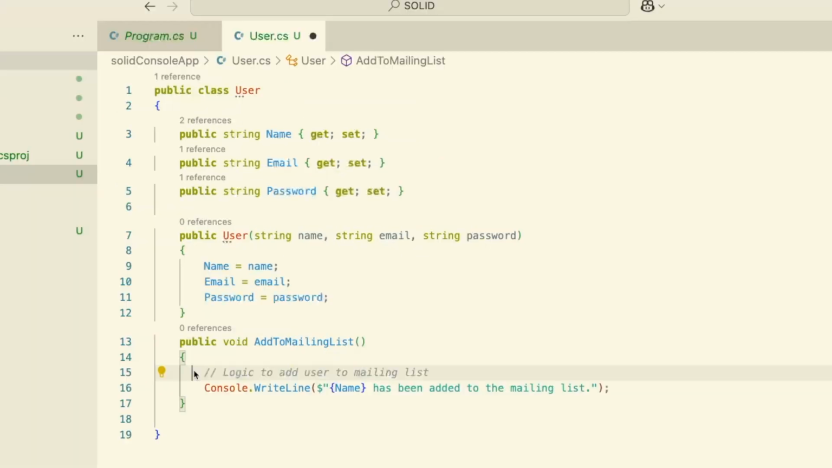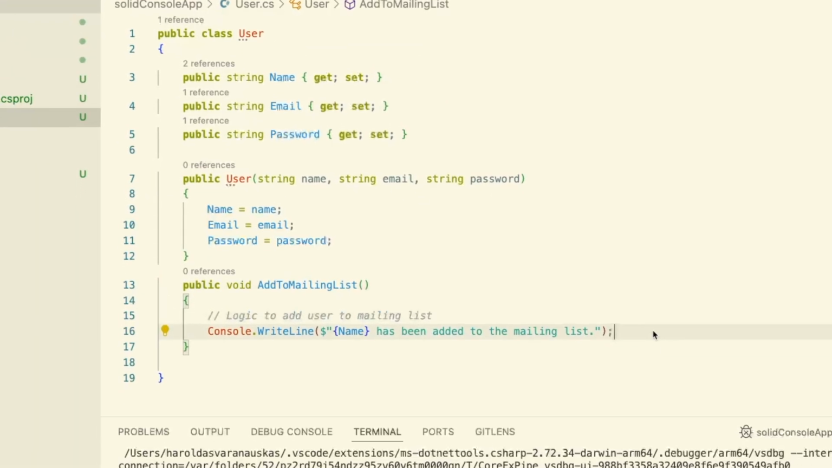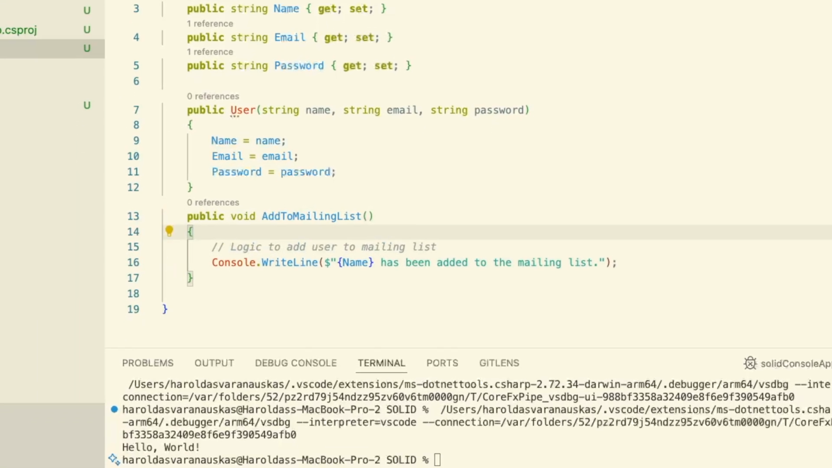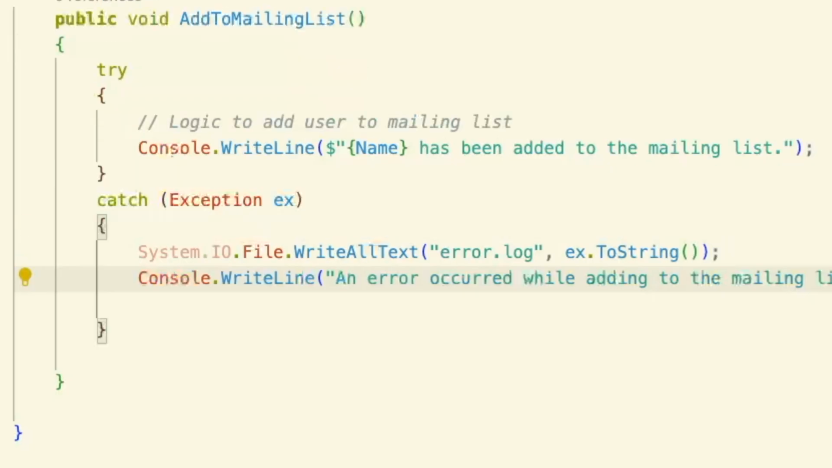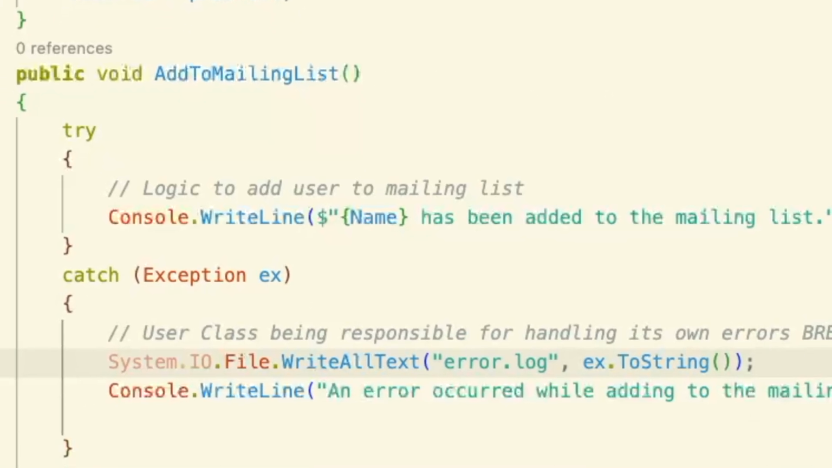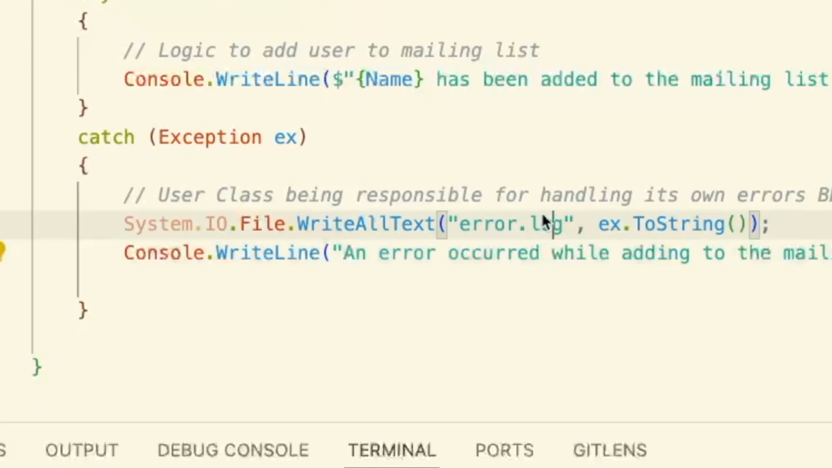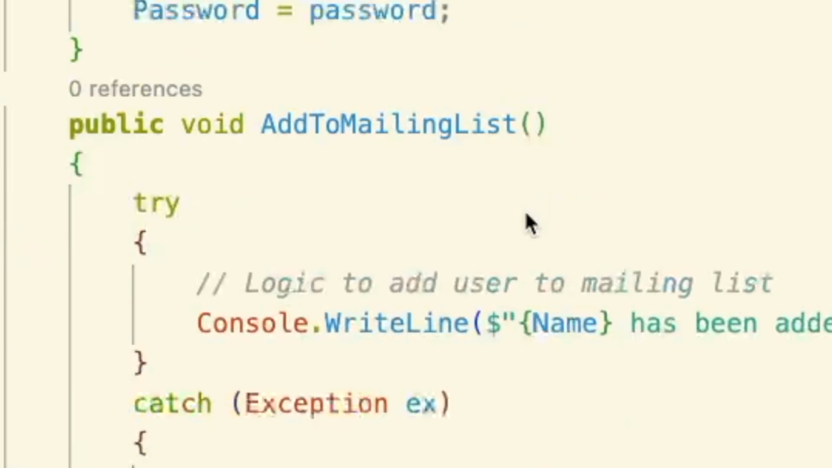So let's start with the single responsibility principle, which states that a class should only have one reason to change. In practice, this means that you should separate non-related functionality into separate classes. As an example, I've got this AddToMailingList method in the User class, and it has a try catch inside it. If there is an exception, the User class is responsible for doing its own logging, so this code breaks the SRP